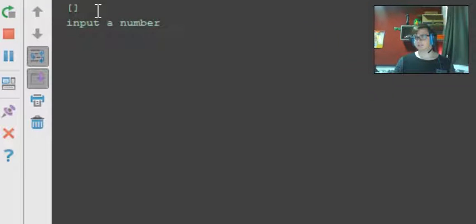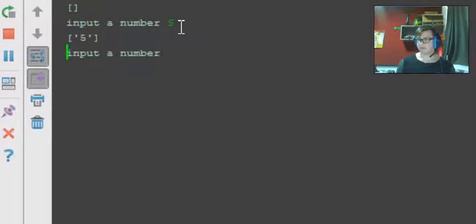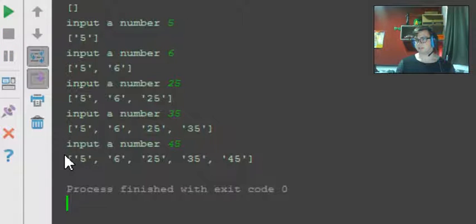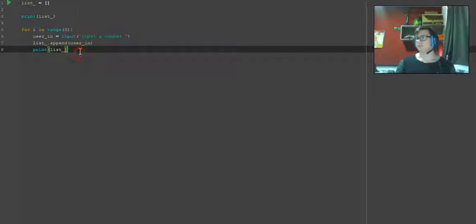Now with this, you can see the empty list at the top that's been printed to show that it's empty. We're then adding 5 to it, so 5 will appear in it, 6 will then appear in it, 25, 35, and 45 will be the last value. And as you can see, every value is shown in the list. Okay, so back to the code. Moving on from this now,